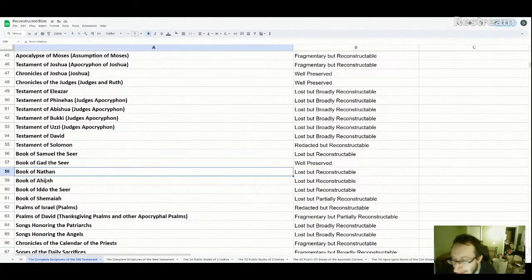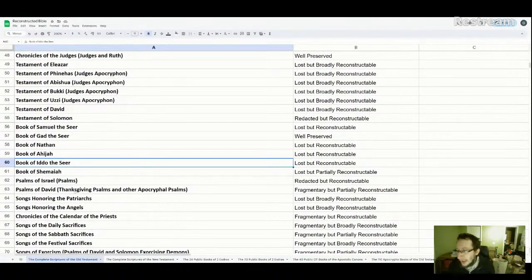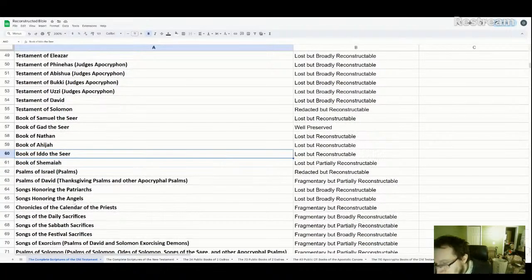For more events about Solomon's life, go to Nathan the prophet and Ahijah the prophet and Iddo the seer. More information about the next one, Shemaiah and Iddo. Next one, this. So I believe there was a similar thing in the book of the Chronicles of Israel. So in the book of the Chronicles of Israel, we would have seen things like, for more information about this